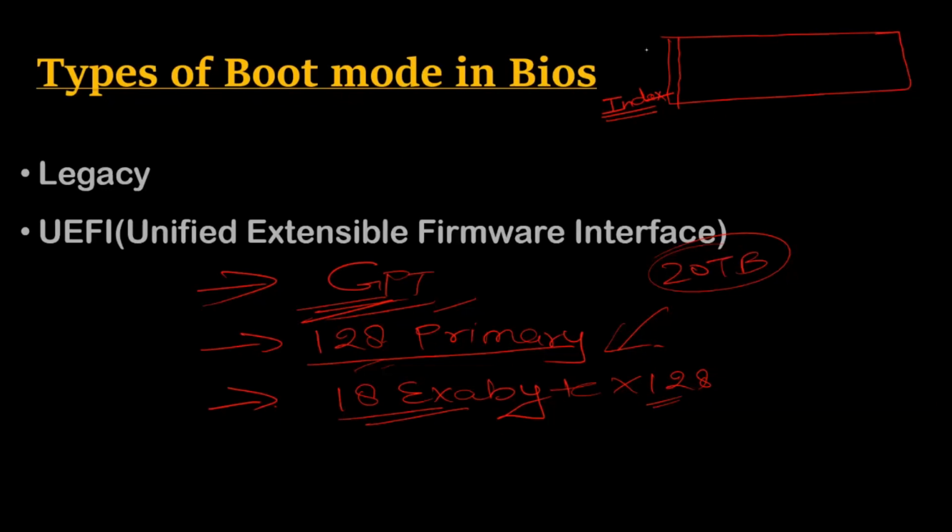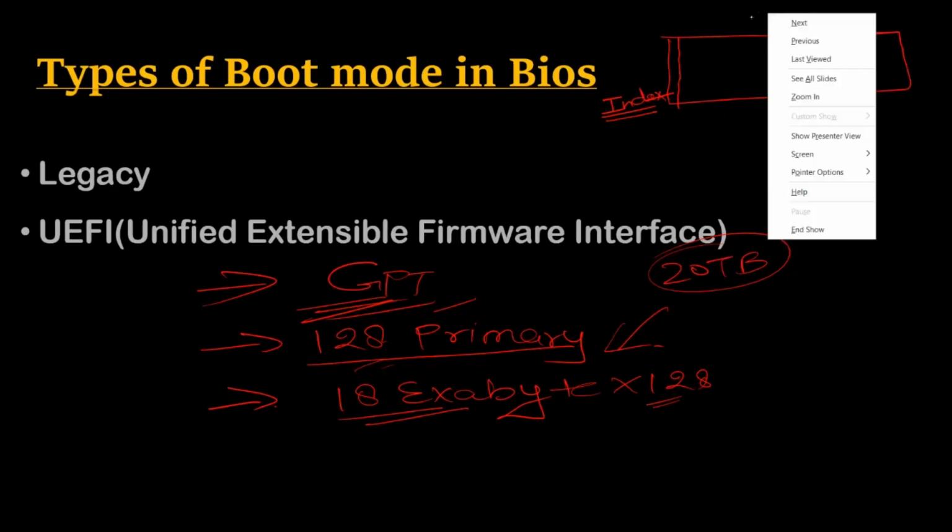Then we have the bootloader. Bootloader is used to boot up your system. It has the information about the data, which type of data is available there, whether that is the operating system, simple data, a music file, and which type of data is stored on that partition. So this example is for MBR.